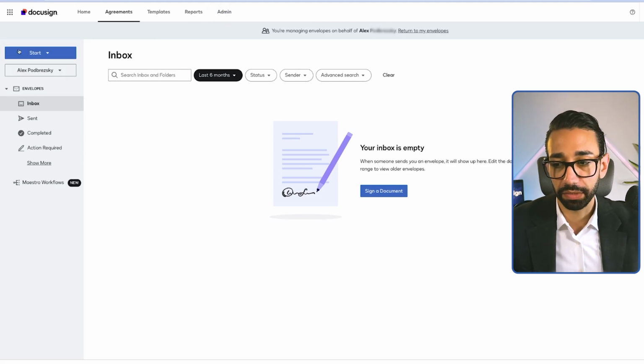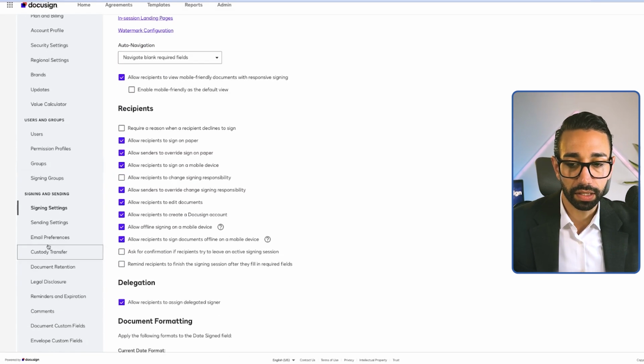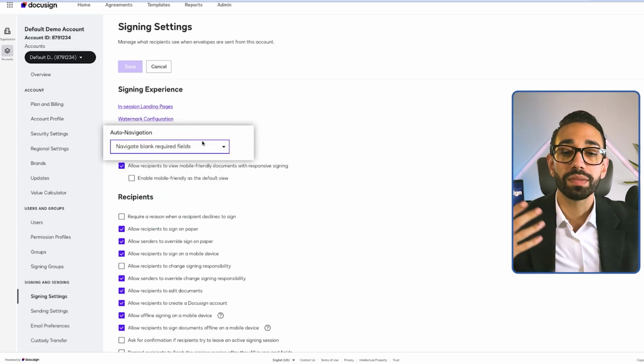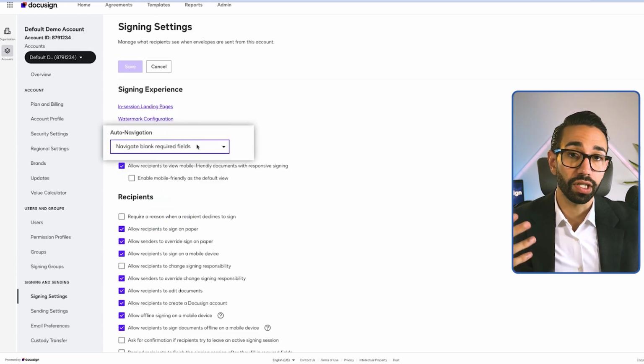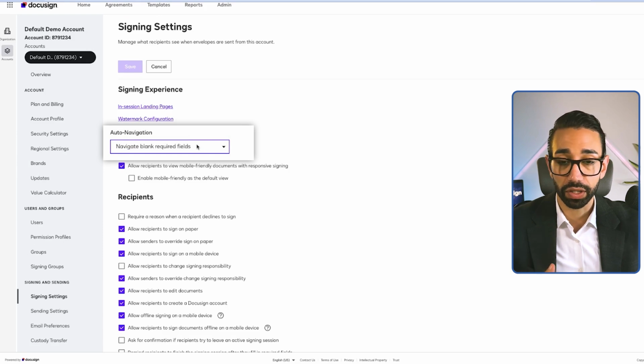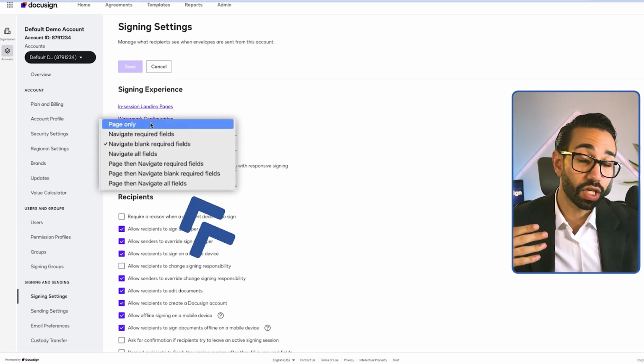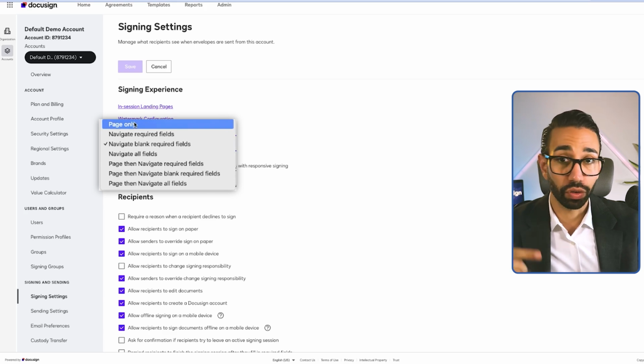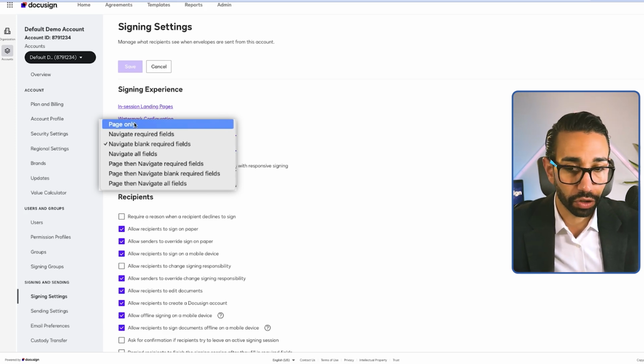Now let's go back to our admin settings. We've got a couple more things that we want to cover. Signing settings is going to be next. So the first thing is the auto navigation. When there are multiple fields on the document that you want to get filled out by your signers, you can even ask Docusign to go page to page, navigate from one page to the next, whether there are fields or not,